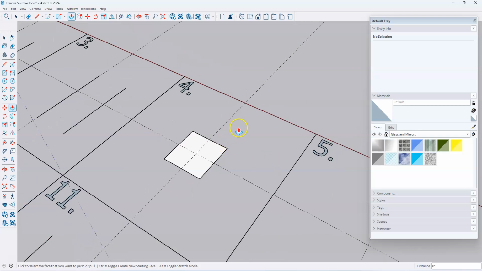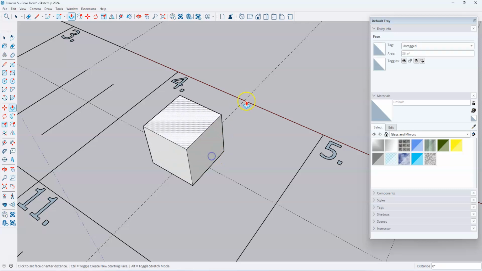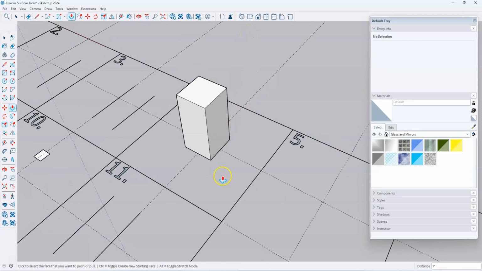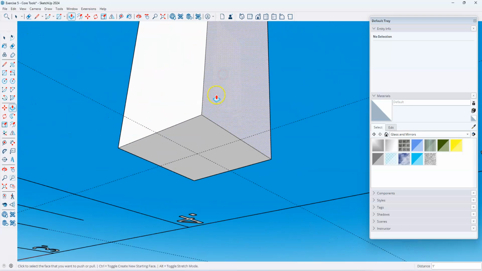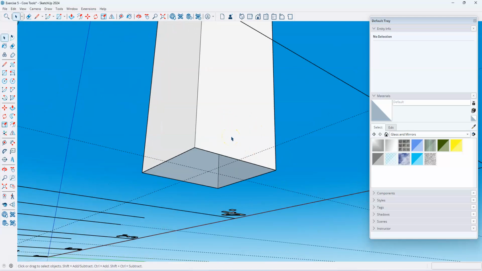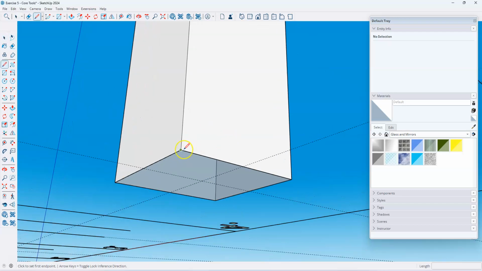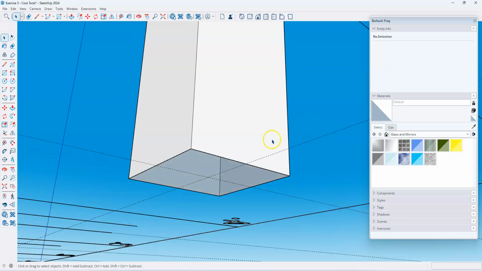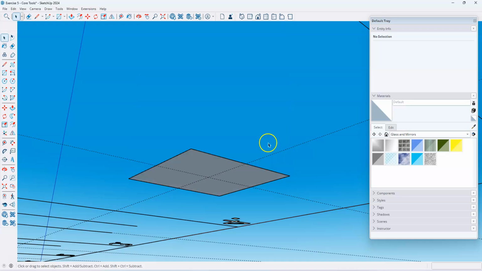And then remember, if it does happen where you use the push-pull tool and you look back underneath, if this surface has disappeared, sometimes that happens, there are 2 ways we can fix it. We can either use the line tool to refill that face. So you can either just trace along one of the edges that's already there, and it'll refill that face for you. It kind of tells SketchUp like, oh, you're right, there is a closed loop here. I'll go ahead and fill that surface in. Or you can just undo your push-pull